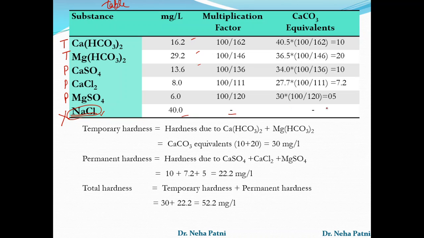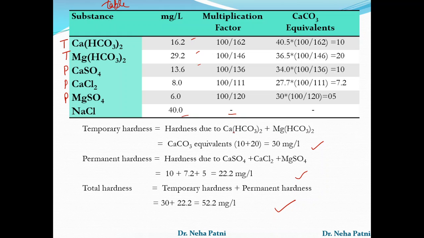So what you have to do is to simply ignore the fact that the water does contain NaCl, and you are not supposed to calculate it in either temporary or permanent hardness calculation. So make sure whatever substance is written here, SiO2, etc., the water sample may contain these impurities, that's not a problem. But you're not supposed to count them because they don't render hardness to the water. Only focus on calcium and magnesium ions. So that is what the thing is. Now let us go ahead with the calculations. I hope you now can easily do this.